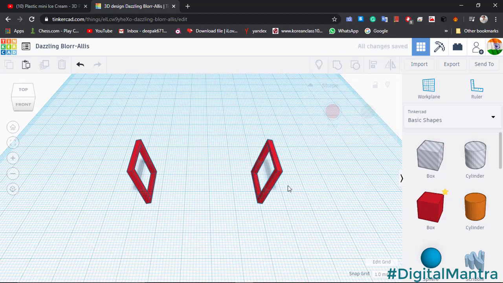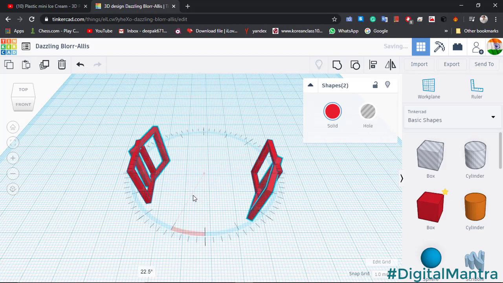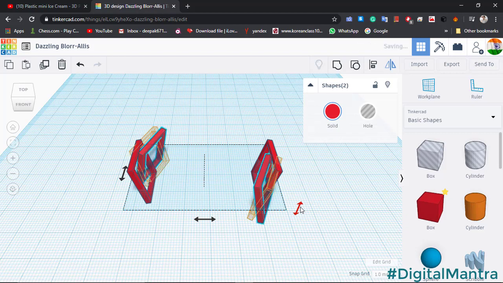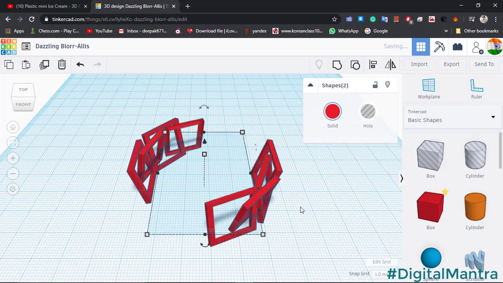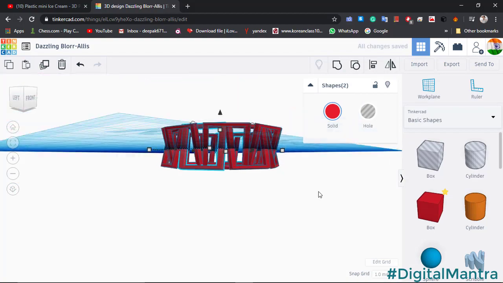Now select both of them and create a duplicate, rotate it by a small amount. So we have this type of structure, and then mirror this. Don't uncheck the selected part, click on mirror and mirror in the upside part. So you will have this type of structure. Then continue clicking duplicate, then you will get this type of structure. So this type of structure will form.